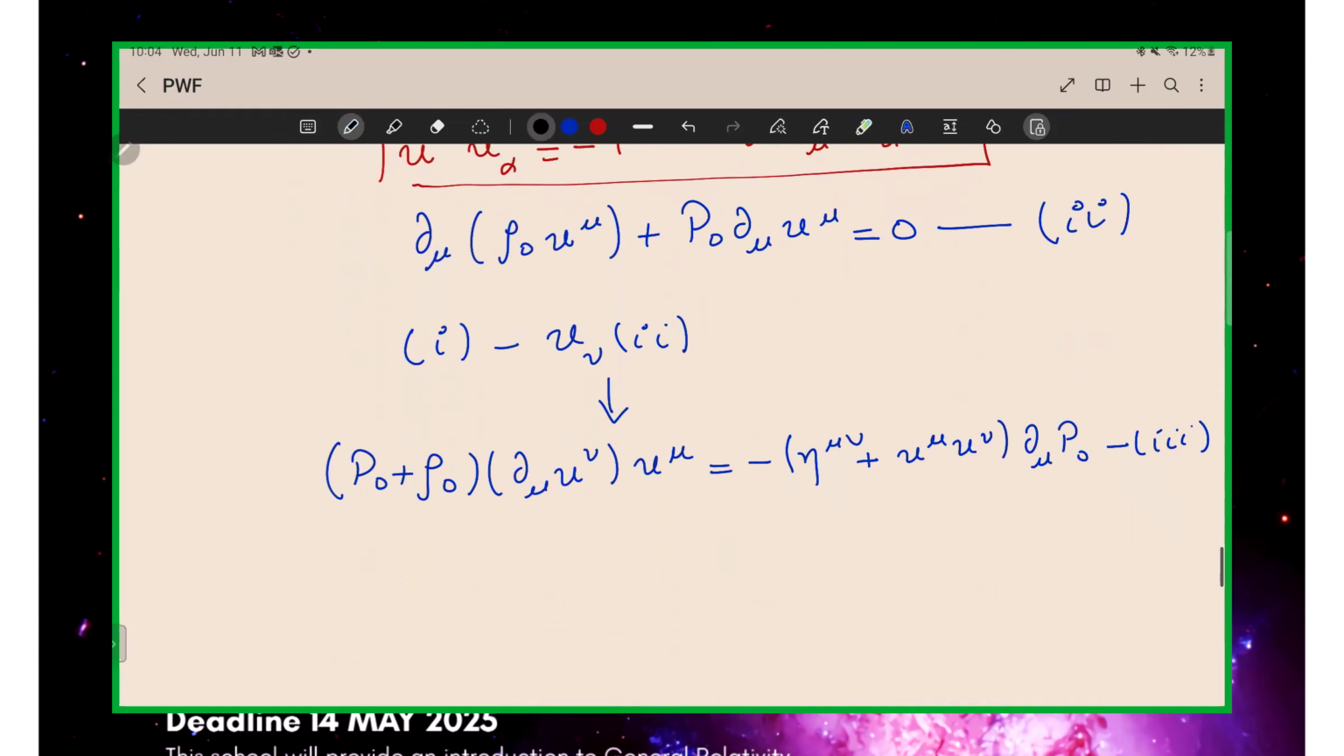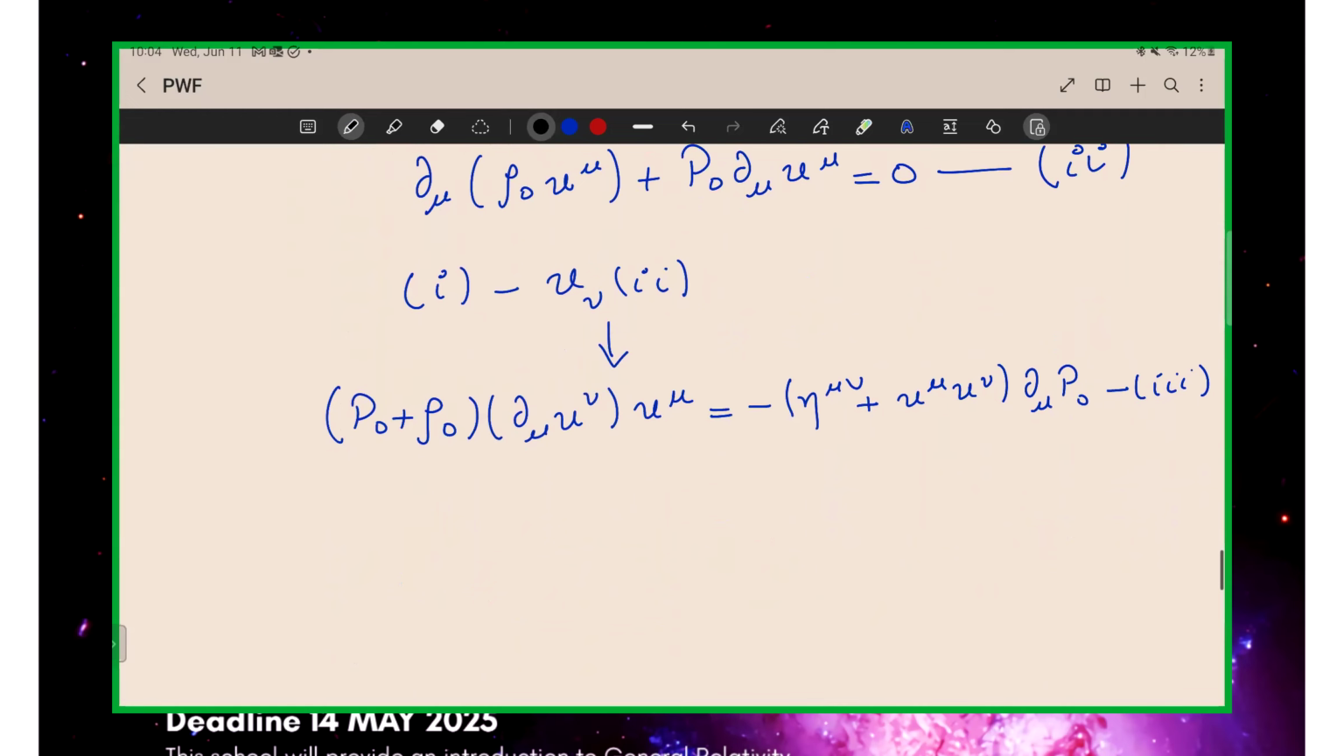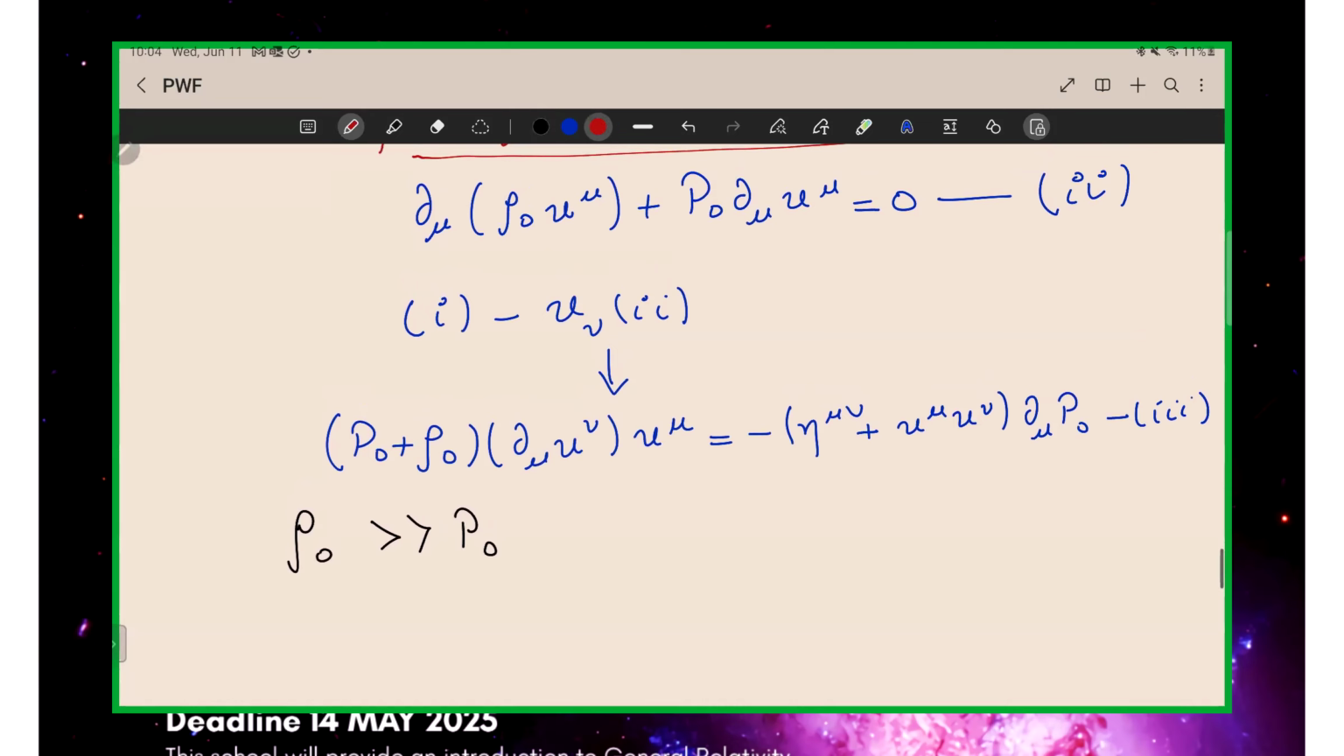Well, we can actually see what these equations mean if we come to a limit where energy dominates pressure, which is a non-relativistic limit, by the way. So if you come to a limit where energy, rho naught, is much, much bigger than pressure, it means that you can drop pressure terms in comparison to energy terms. So let's take equation 2, for example. Equation 2 says,